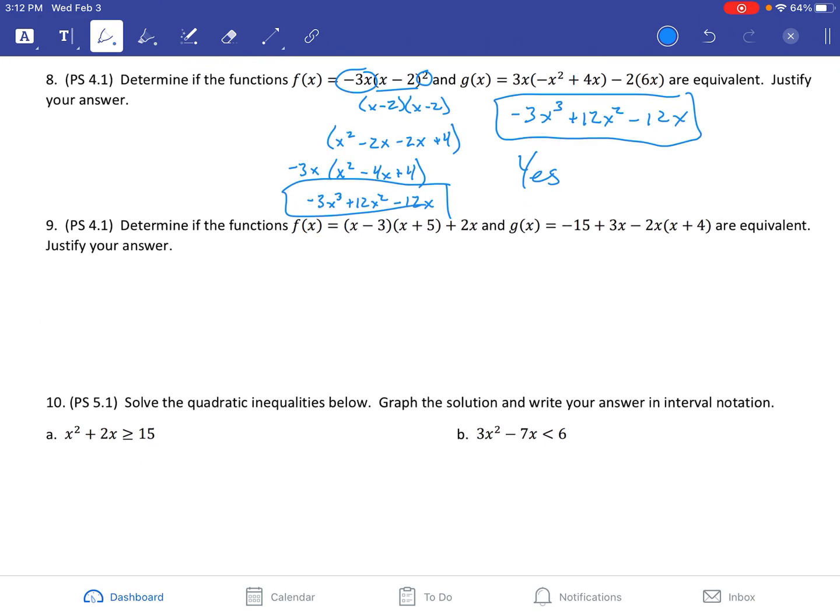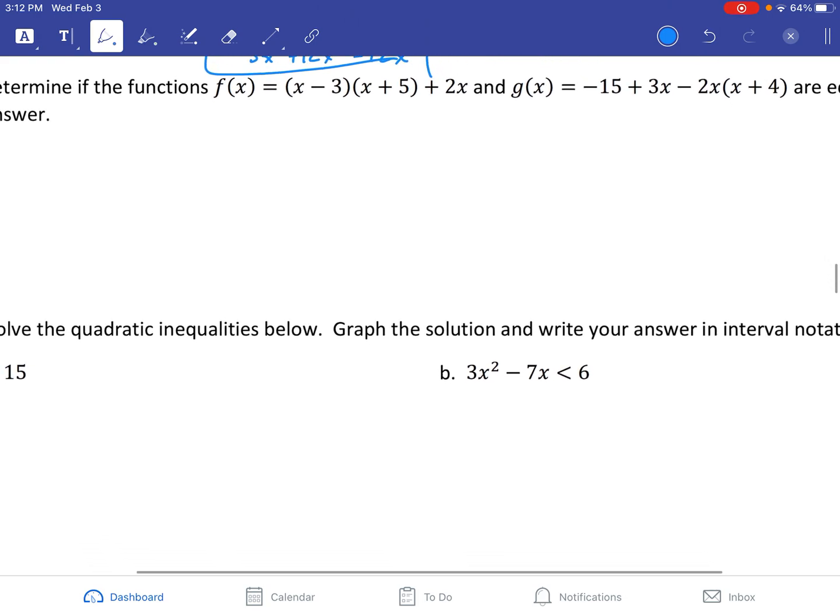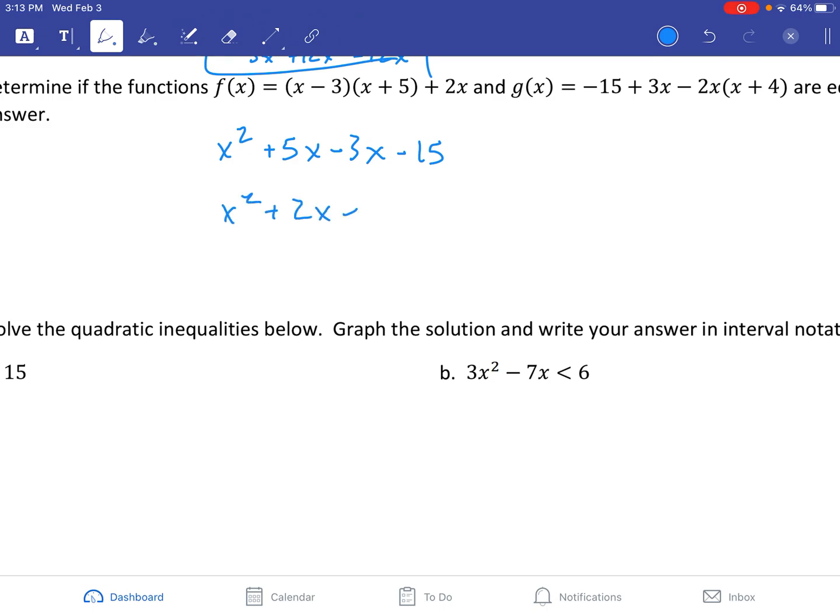Okay. Doing the same thing for the next question, number 9. We have to multiply x minus 3 times x plus 5. We get x squared when you do x times x. X times 5 is going to be positive 5x. Negative 3 times x is negative 3x. Negative 3 times 5 is going to be negative 15. Combining those like terms, we're going to get x squared plus 2x minus 15,